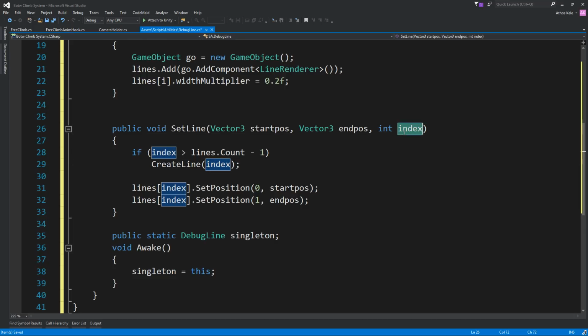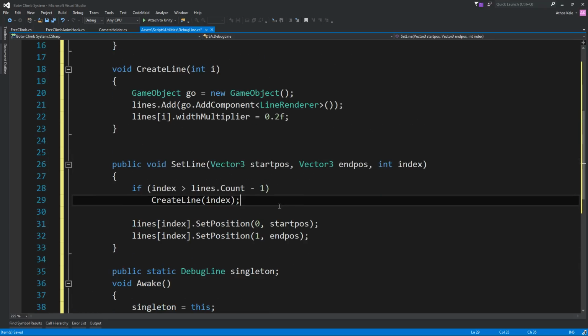Okay, now the only problem is that if the index is a little bit higher, then we might get into an issue. Oh well, we'll see how it is.